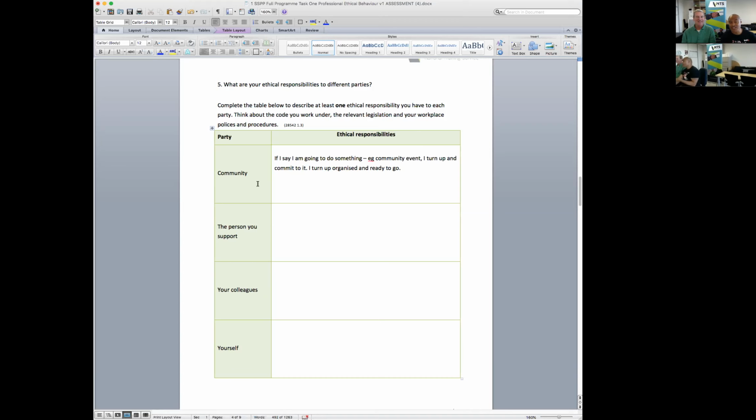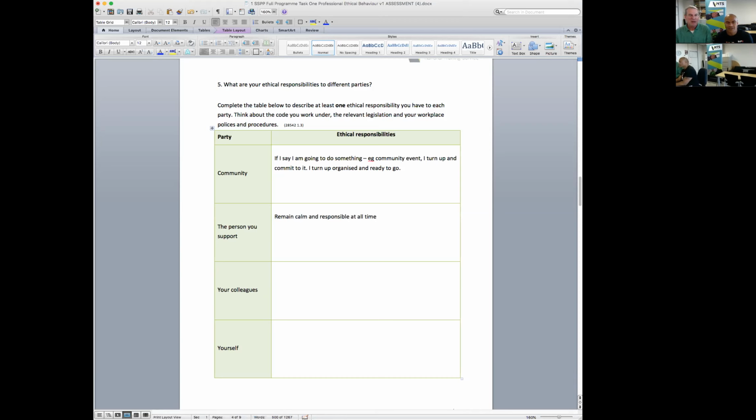Okay, so that third one is ethical responsibility. You really ought to give at least one for the person you're supporting. They're probably quitting smoking, so they might be a little irritable or angry and short-tempered. So your ethical responsibilities are to remain calm and professional at all times, to respect all boundaries, so no helping yourself to the fridge, for example, to get a drink without being asked, all of those things.